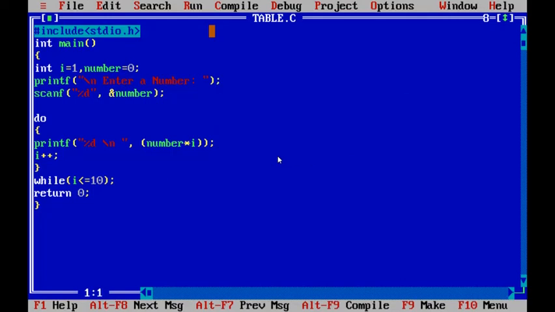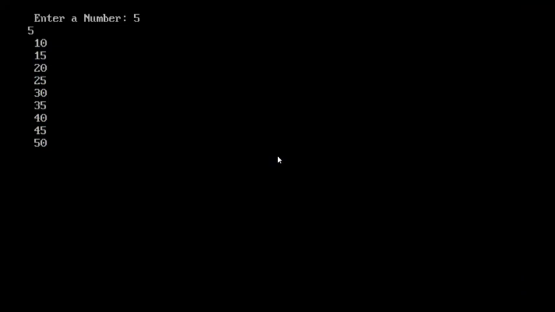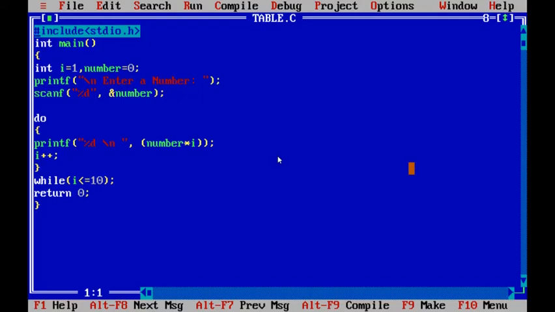You will see the output. Yes, 5, 10, 15, 20, 25, 30, 35, 40, 45, 50. This is the answer. We can also display them as a mathematical table by making some changes.